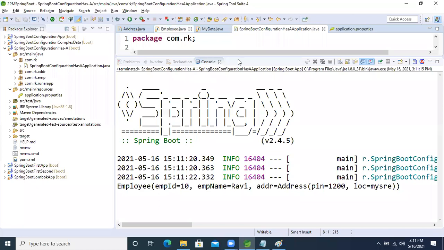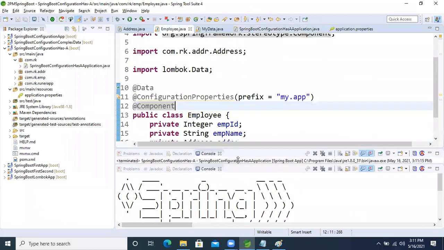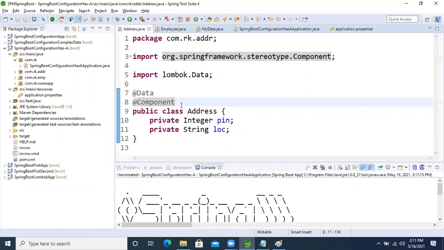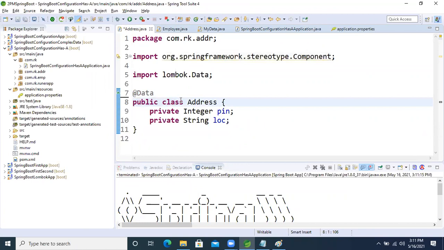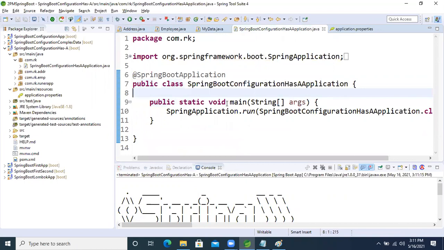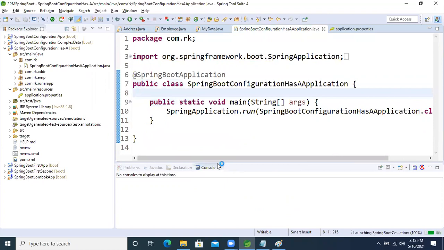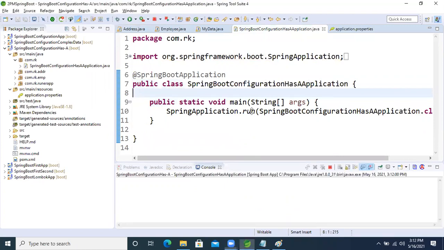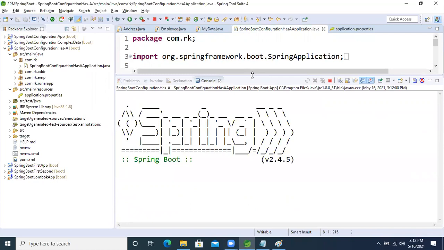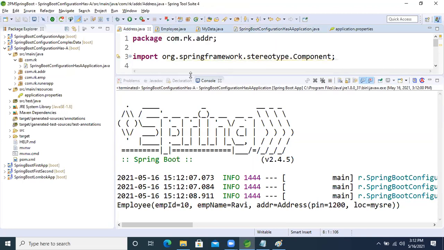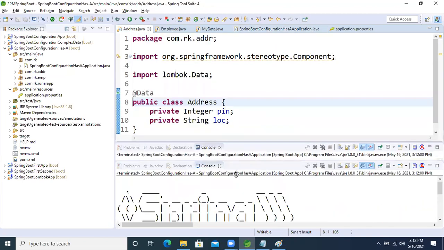So I don't want it like this. Okay, one minute. So whenever we are applying it on the top of what? One minute. Address class is there, right? I'm removing @Component. Just one more time, I'm running this one, just for experiment purposes, guys. We will get some experience here, right? Okay, no issue. See this here. What is that? I removed @Component in the Address class, guys. I experimented like this only, right?